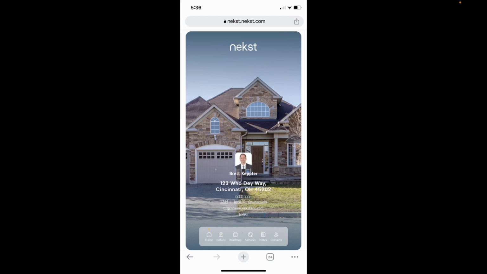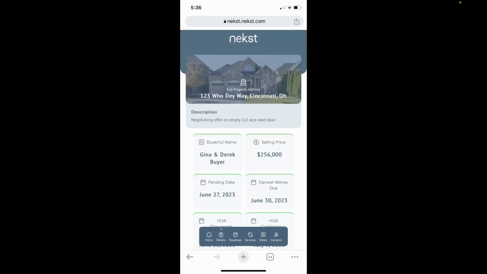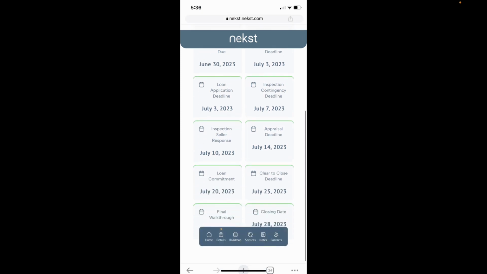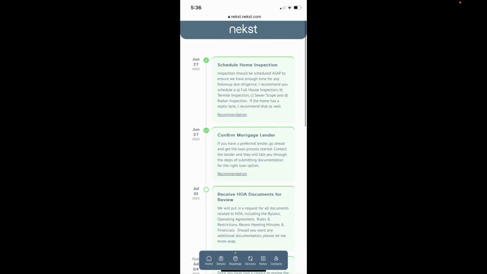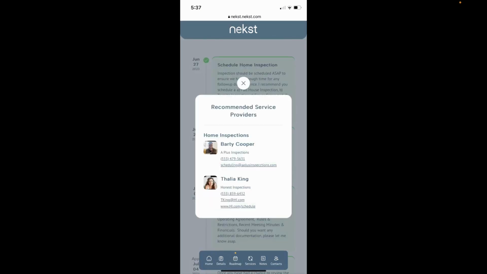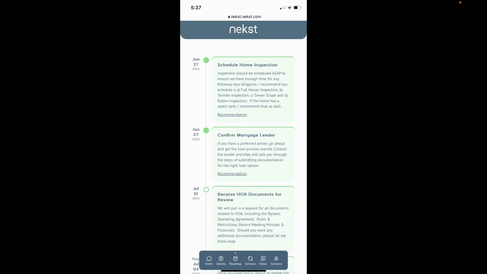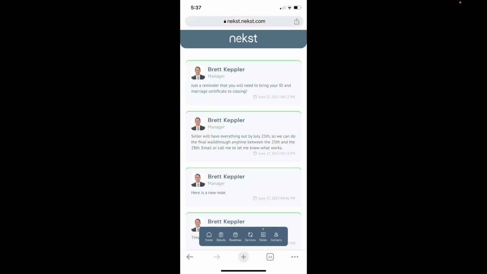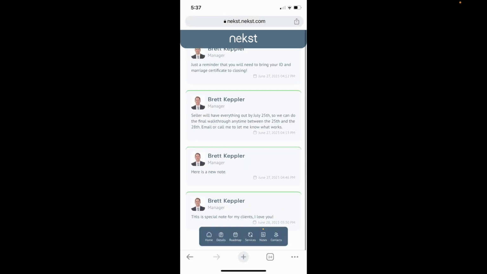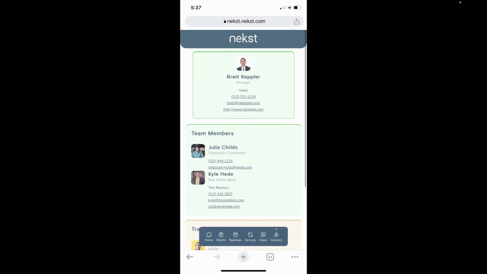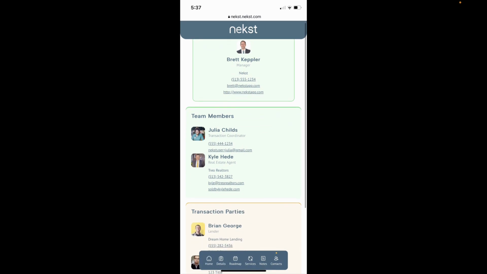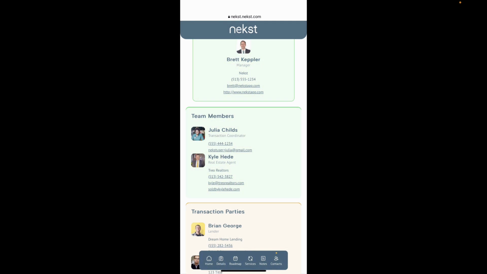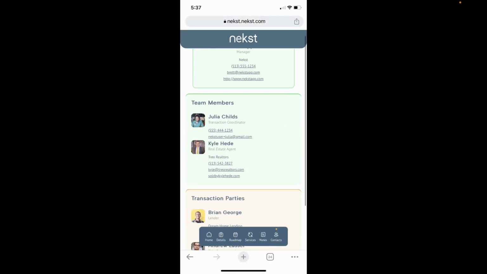Because most of your clients will be reviewing this portal on their mobile device, it's super important that the experience on mobile is really done well. So you'll see there's a navigation bar down at the bottom where you can check through the details, the roadmap, the different service providers, the notes, and even the contacts. So within this page, I think they're going to have a great experience. It's going to be easy to place phone calls, easy to one click send an email out, and just a